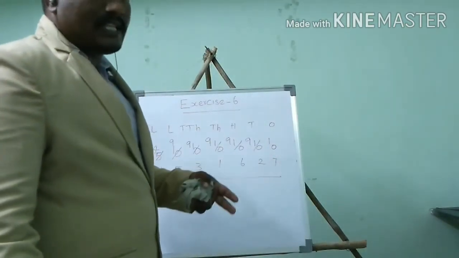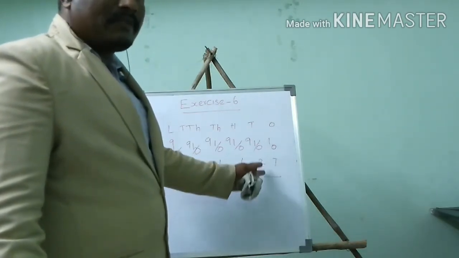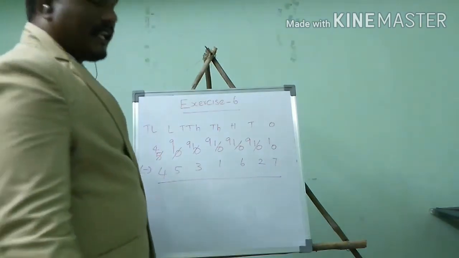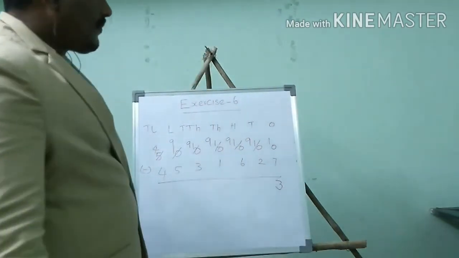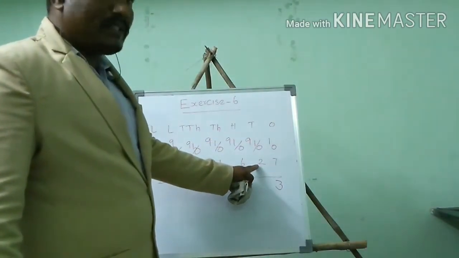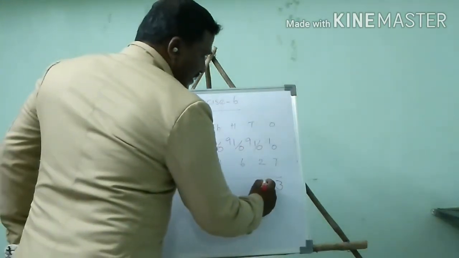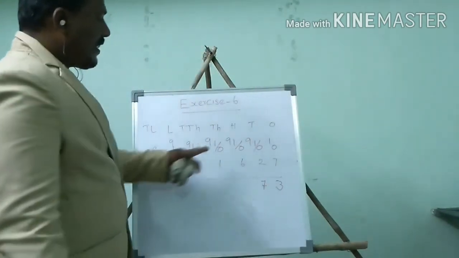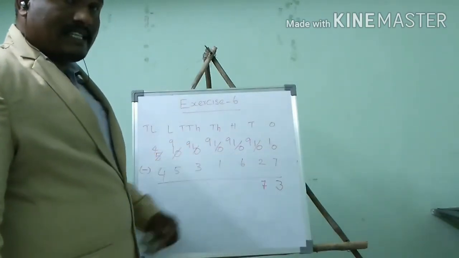give some amount to others. So I have 10 rupees, they have 7 rupees. So subtract 7 from 10. What do we get? 3. Sorry, 10 minus 7, 3. Now he has 9 rupees, this person has 2 rupees. So 9 minus 2, 7 is the difference. Here 9 is there, here 6 rupees. So 9 minus 6, 3.